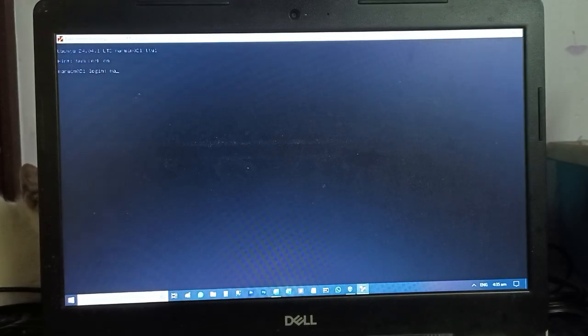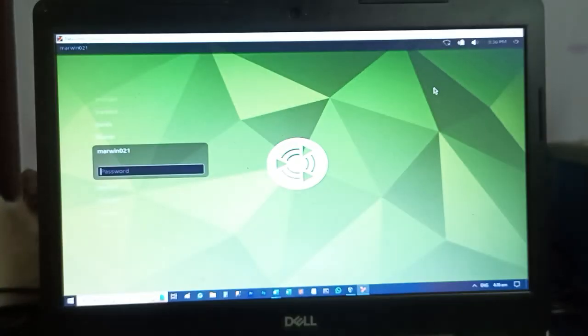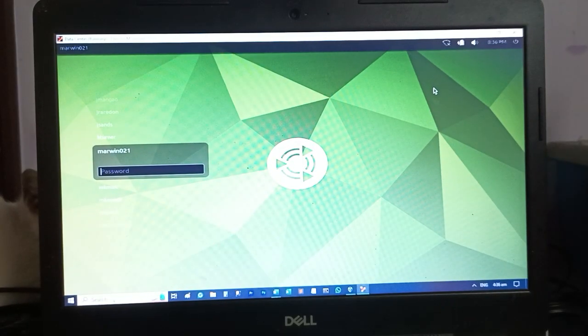Now log in. And then the system will boot up the GUI. So now the system has booted.